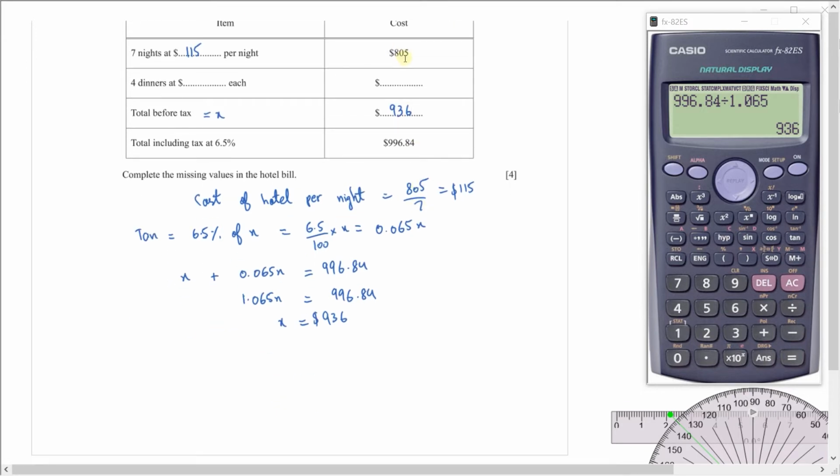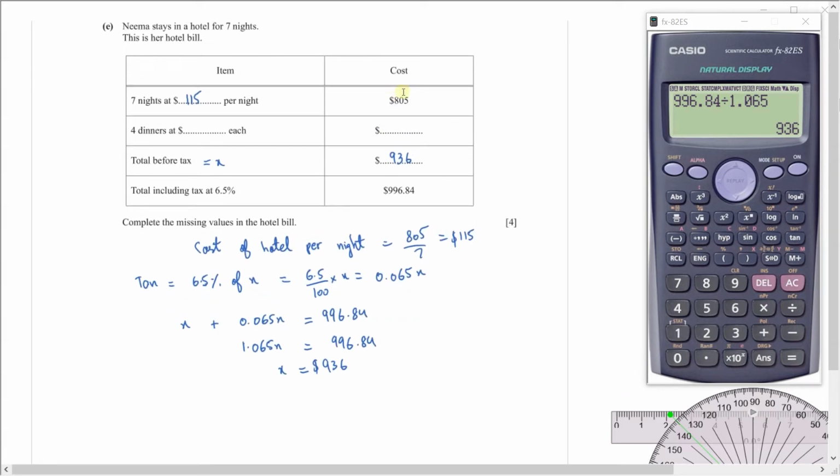Now if I add this cost, which is the cost of hotel and cost of dinner, they should add up to this value, 936 before tax, and then you add 6.5% tax to get this value. So adding these two should give me this. So total cost of hotel plus total cost for dinners